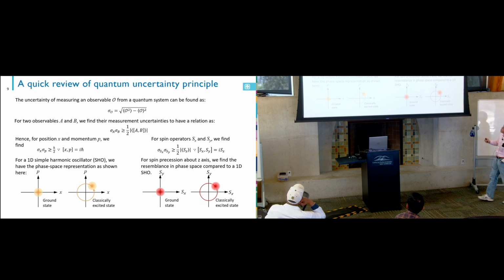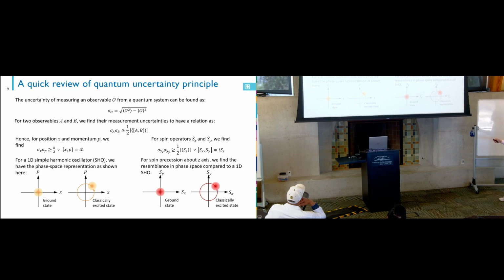Okay, then let's talk about the Heisenberg uncertainty principle again. We know this is how we define the deviation, right? So we have the expectation value of the observable squared minus the mean value of the observable, and then squared, right? And then we take the difference of that, and then it follows this